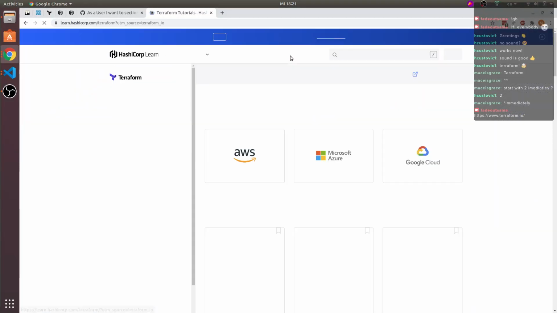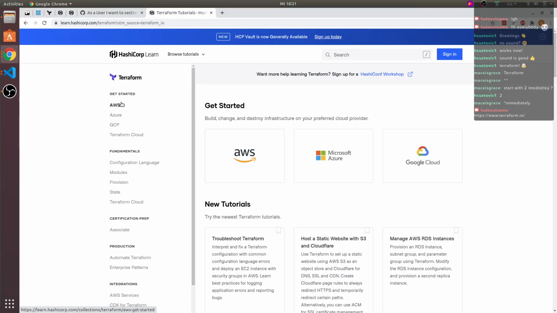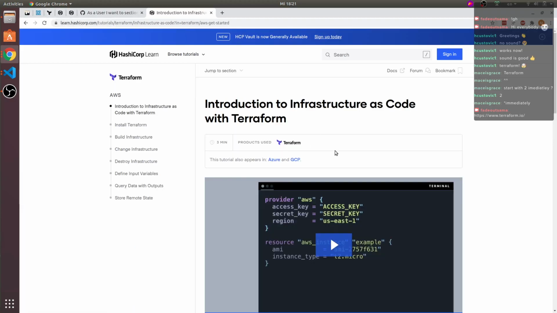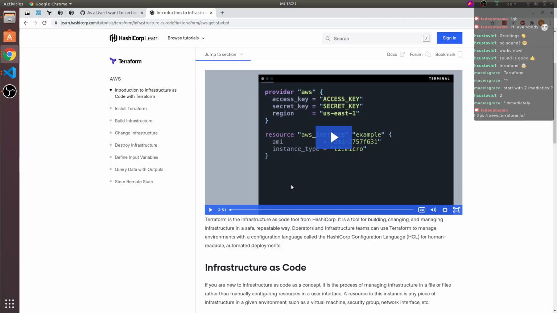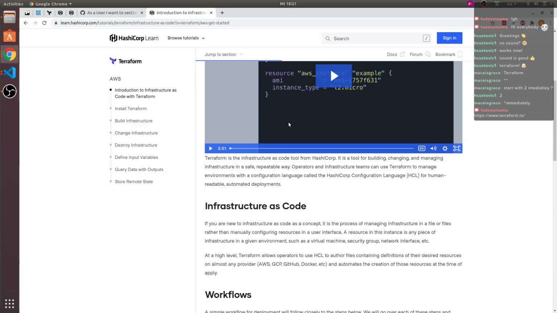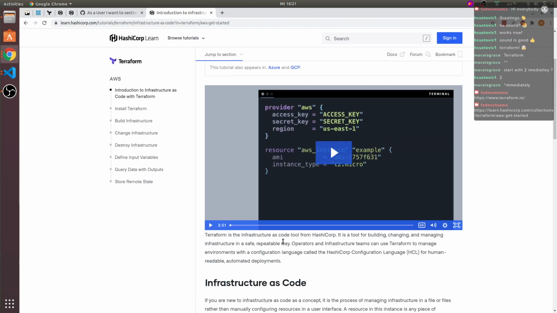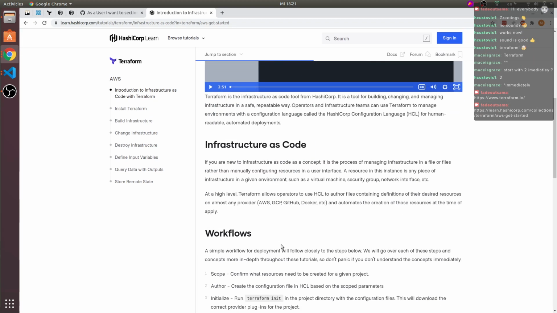Let's dive into the tutorial and go with the AWS tutorial, which I also have open here, but it's fine. So there are also nice... let me share this link, and we start from the very top, essentially.